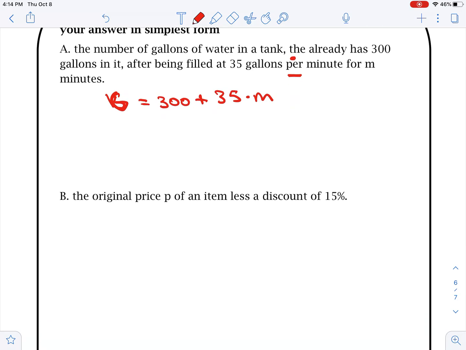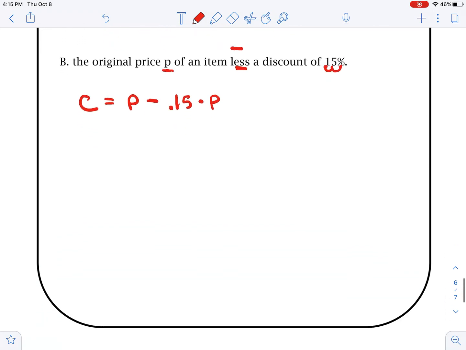Here, the original price of an item, so P, the original price of an item, less, that means we are subtracting, at a discount of 15%. So we'd say the cost is equal to the original price minus the 15%, so move it over 1, 2, so 0.15 times the price. So you've got to take away the 15% from the original price. So you take 15% of the original price and subtract that from the original. So there's quite a bit there, but I wanted to go through that with you as we start working